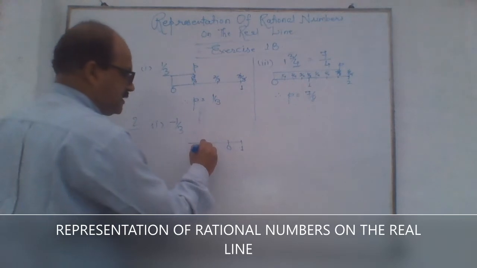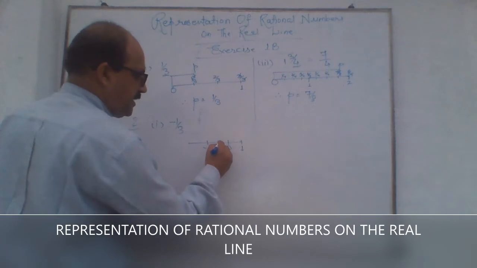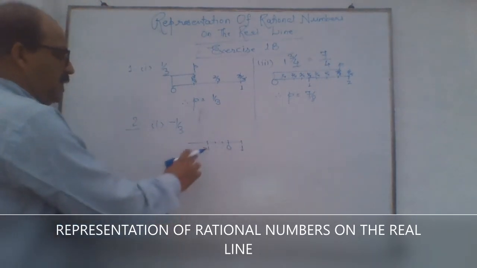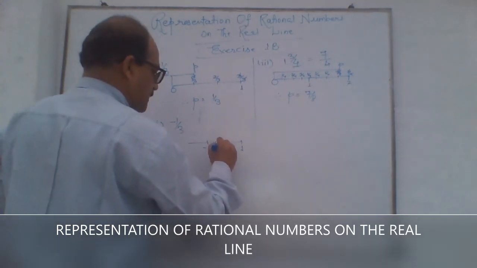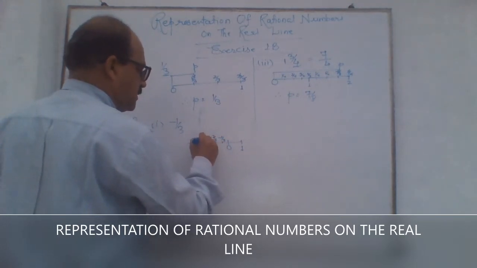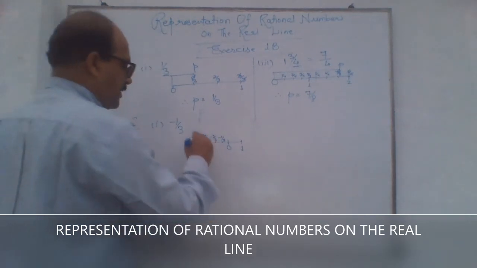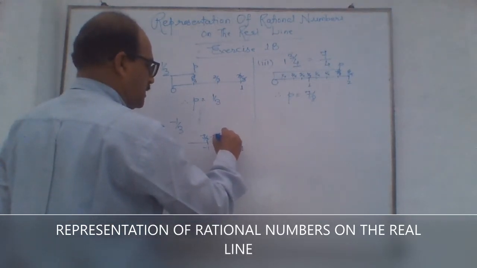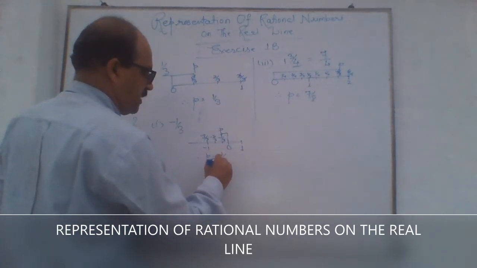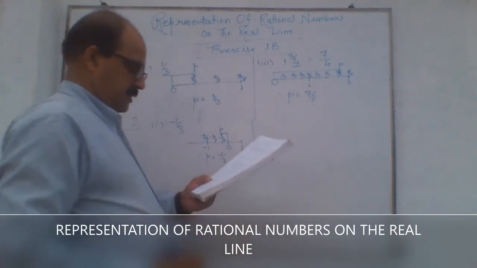But here this one also -1. But one block will be divided into 3 equal parts. And the first one is called -1 by 3, that one -2 by 3 and this one -3 by 3 which will be cancelled and it becomes -1. So our required answer is -1 by 3. So here P is equal to -1 by 3. Like the same, the other questions, the next one is